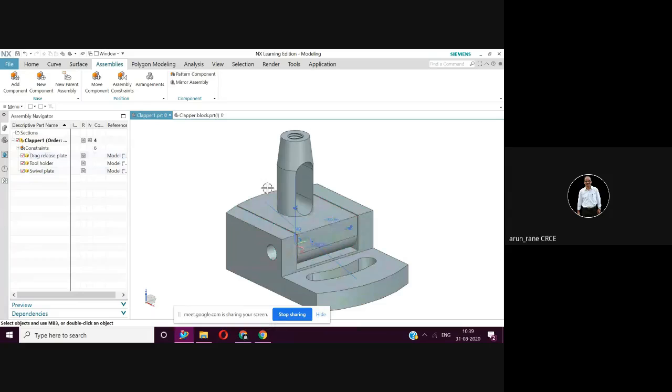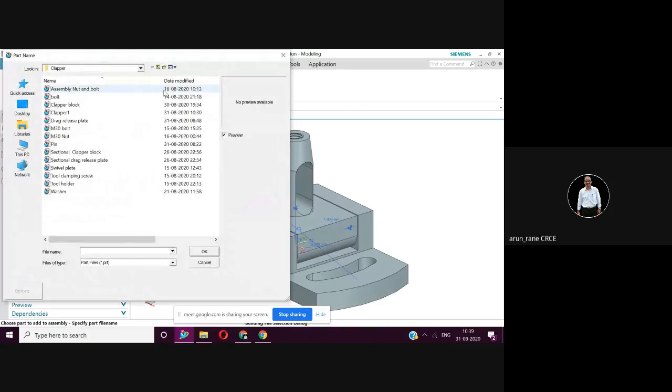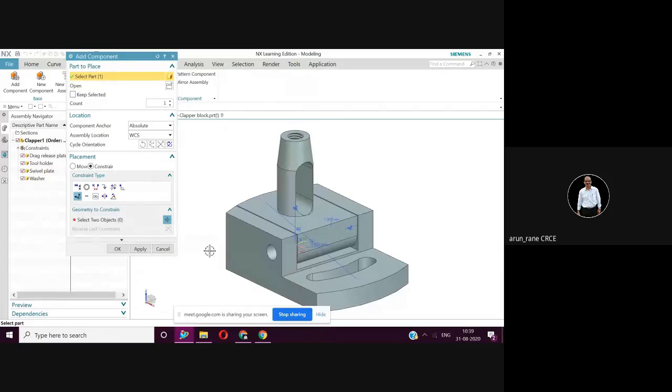Now the next component is the washer. So again go to add component, open the folder, select washer. We have a preview here. Say OK. Now it is not visible.